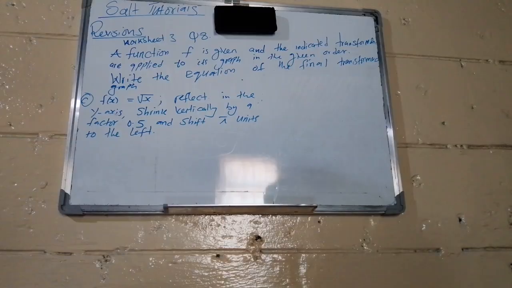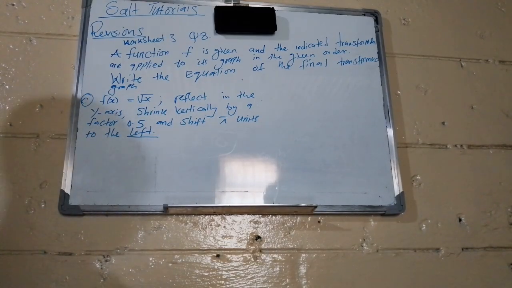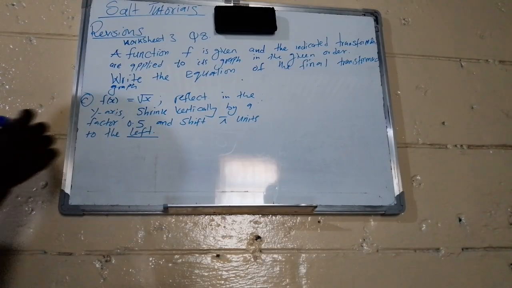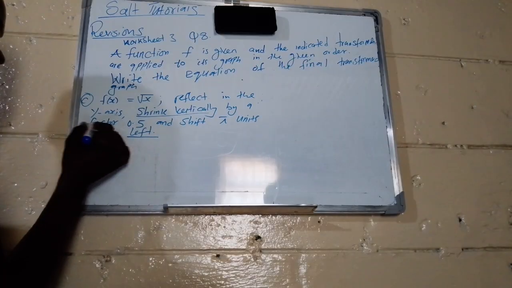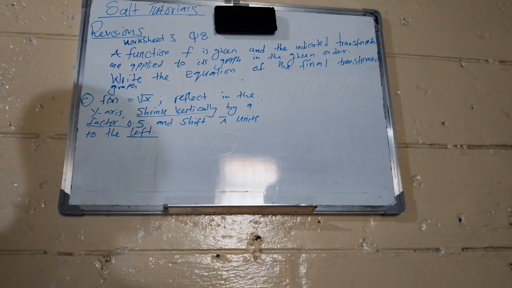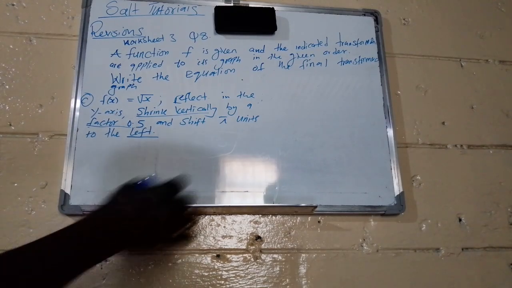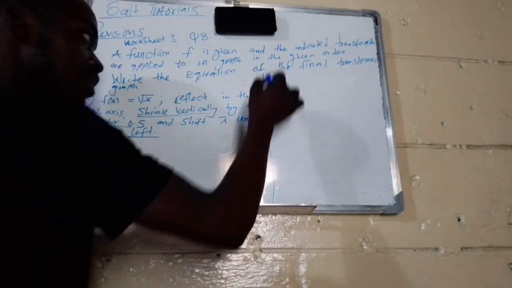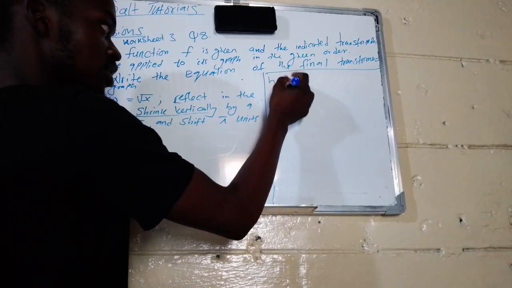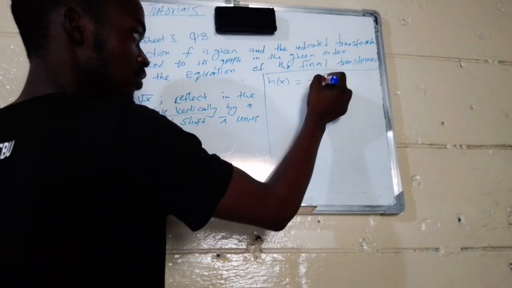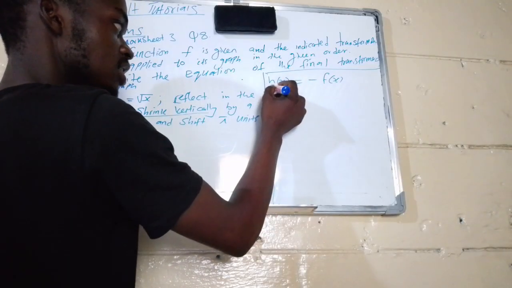So automatically at this stage, if anything has to do with left or right, we know what is happening. If anything has to do with shrinking vertically or stretching vertically, we know what is happening. Maybe the only new thing here is a reflection. So what is happening here? We are simply saying that if we have h of x equal to the negative of f of x, a negative in front means this is a reflection